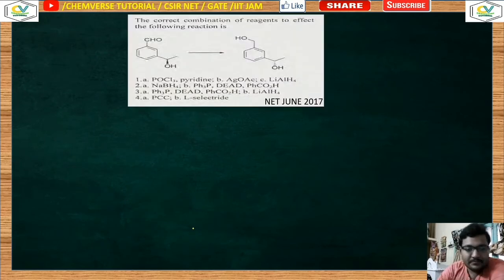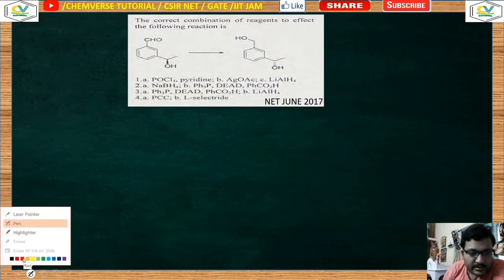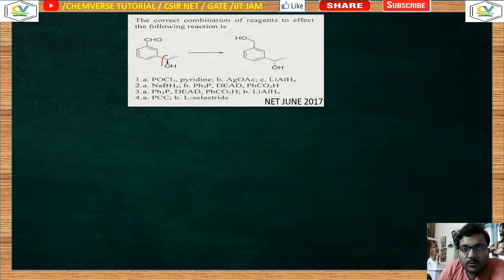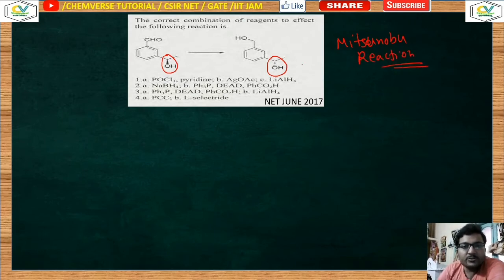Clear? So now we will move on to this reaction. What is happening actually in this reaction? If you take a look at that, here this OH is in the above position. Now after the reaction, it is in the below position. So here the Mitsunobu reaction is one of the steps. The Mitsunobu reaction is happening here. So this is one conclusion. And the Mitsunobu reaction has reagents PPh3, DEAD, and some nucleophile-H will be there. It could be N3H, it could be PhCO2H, whatever. So some nucleophile will be present. Now look at this.